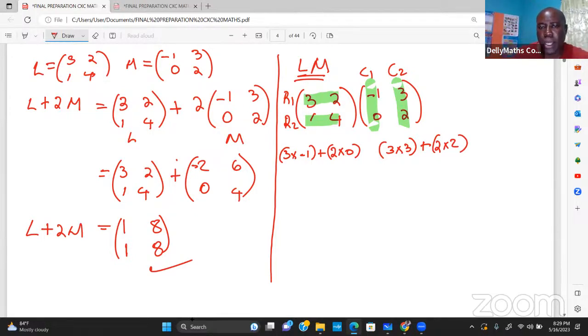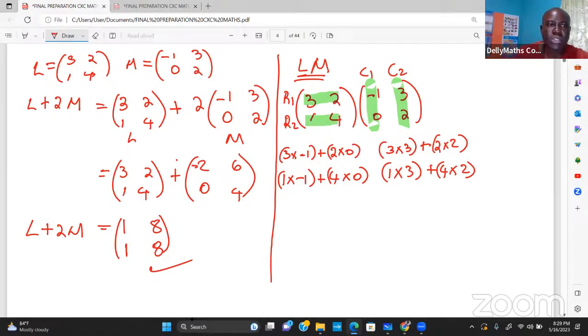Row 2, column 1: 1 times -1 plus 4 times 0. Row 2, column 2: 1 times 3 plus 4 times 2. Always double check what you do, because it's easy to make an error